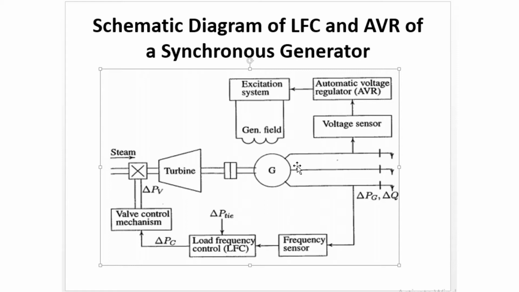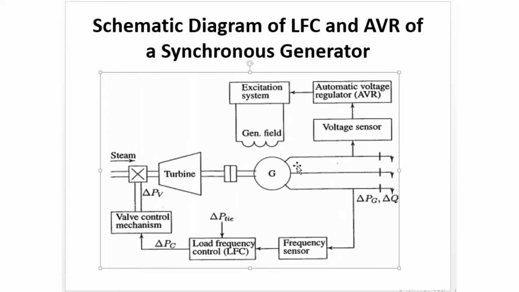Therefore the load frequency control and excitation voltage control, that is AVR, are analyzed independently. We will independently analyze the AVR model in this lab, and then in the upcoming lab we will analyze the LFC loop and tie line power through automatic generation control. Because the transient decay in the AVR is very fast, as the excitation time constant is much smaller than the prime mover time constant, the cross coupling between the LFC and AVR loop will be neglected, and we will analyze the effect of LFC and AGC separately.